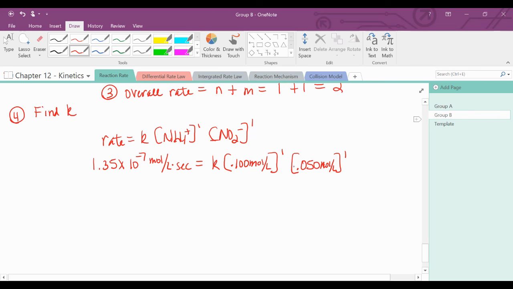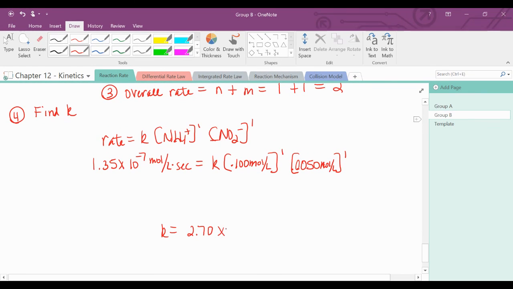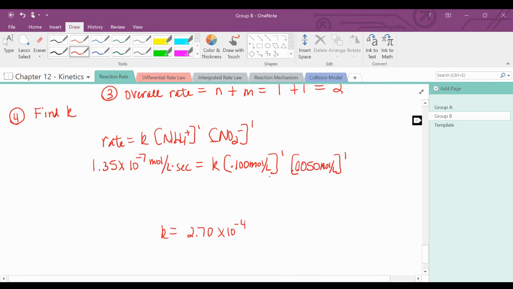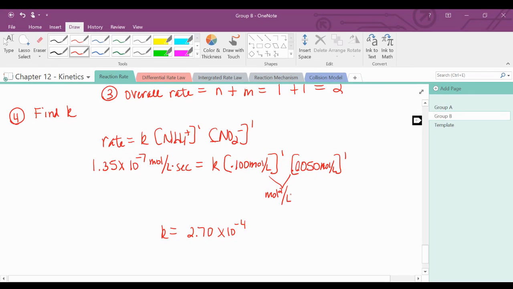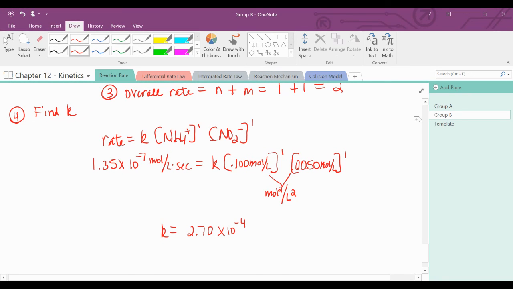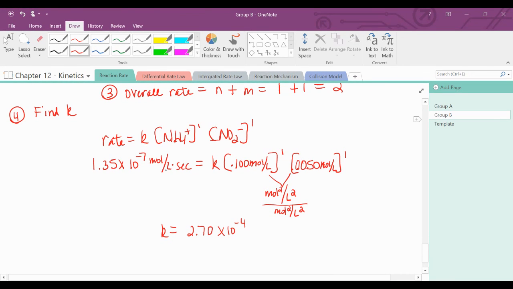So actually, there should be 2 zeros here, I think. There we go. All right, now numerically, I'm going to solve for k, and my numerical answer is going to be 2.70 times 10 to the negative 4th. But let's talk units. If I multiply these together, we get moles squared per liter squared. And then I would have divided both sides by my moles squared per liter squared. So on this side,